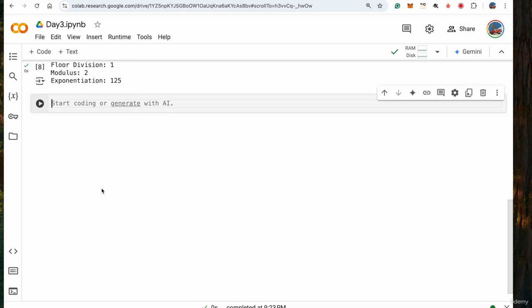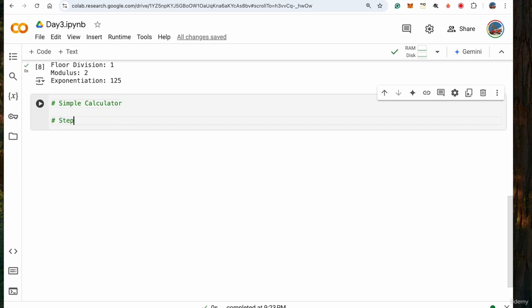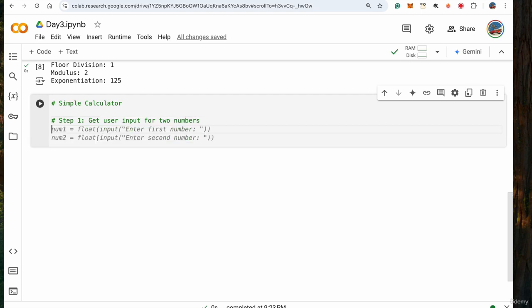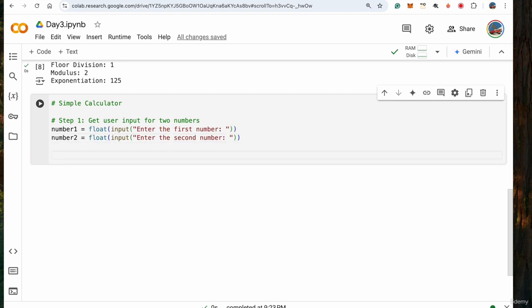And I'm going to say this is a simple calculator. Next, I am going to say step 1 is get user input for two numbers. I'm going to say number 1 equal to float of input, enter first number, and number 2 is float of input, enter second number. Now our step 2 will be perform